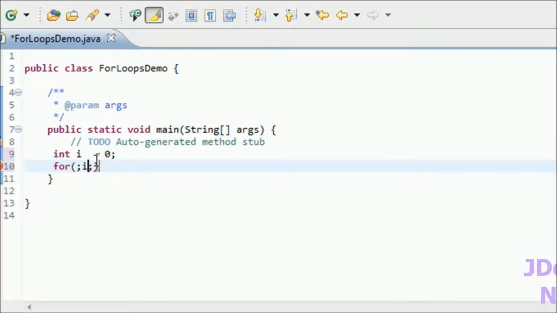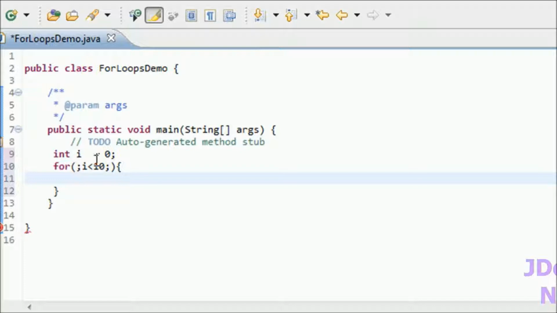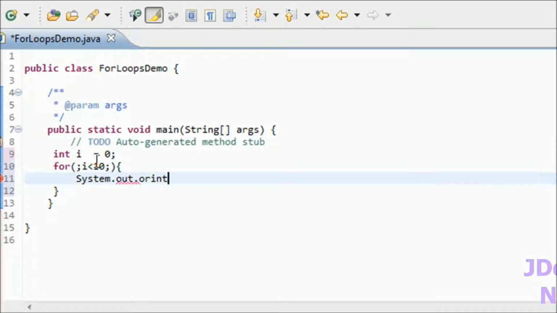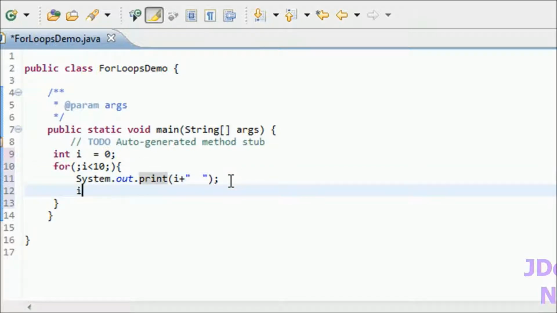Here I need to write some boolean expression, i less than 10, for example, and open brace, close brace. I am printing i, and some space, and then I am incrementing.